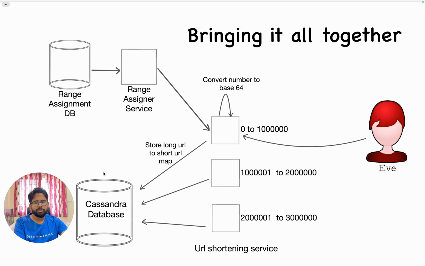Now this Cassandra database is a scalable database. It has multiple nodes or multiple servers in itself. So initially you need 50 GB of storage per day. You can keep on adding machines. And whenever you get a lesser load or people delete their data, then you can even remove the nodes if you want to. So that's it. That's the overall design of a URL shortening service.